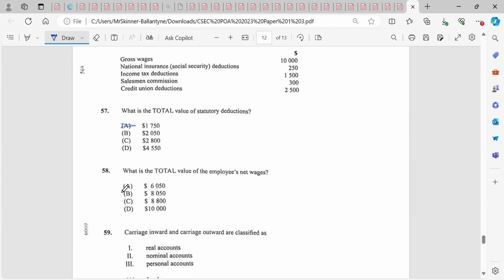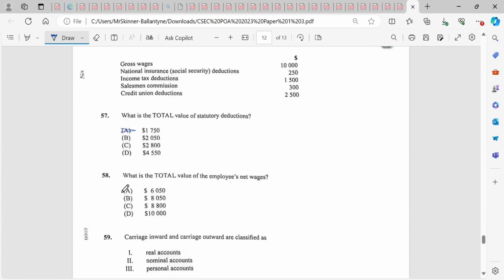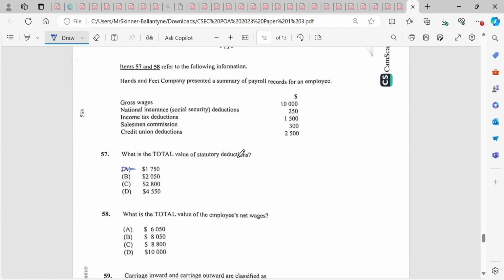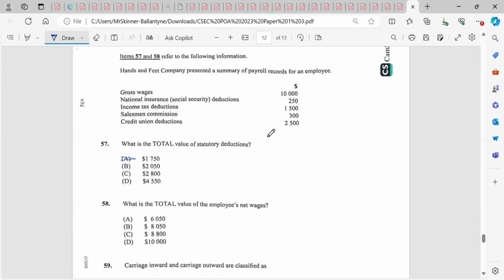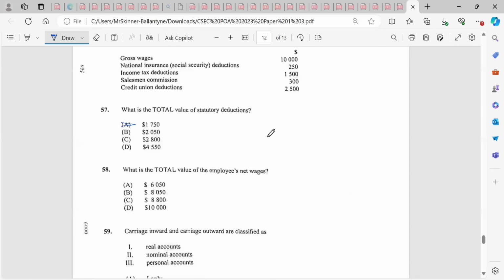Number 58, what is the total value of the employee's net wages? You're going to take the gross wages and take away all of their deductions, which is all four of these here. So that will be 4,000 plus 550 is 4,550. 10,000 take away 4,550 will leave you with... Make sure I calculate it properly. Oh no, wait,